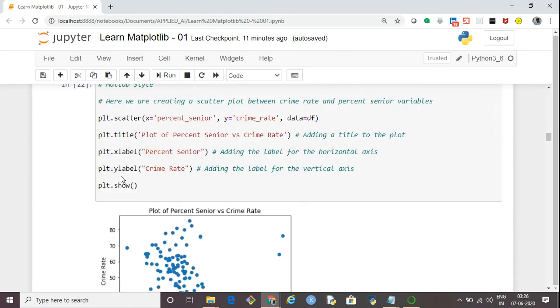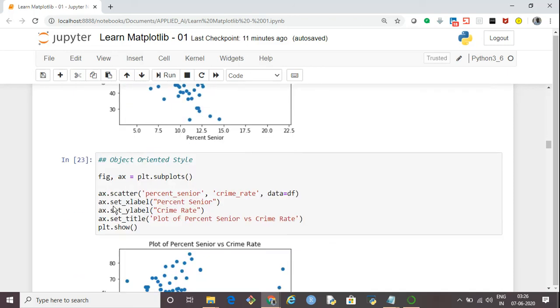Now, to set the labels or titles, there are different functions. For example, in MATLAB style, it's simply plt.xlabel, plt.ylabel, plt.title, whereas in the object-oriented style, we have to specify functions like axis.set_xlabel, axis.set_ylabel, and axis.set_title.